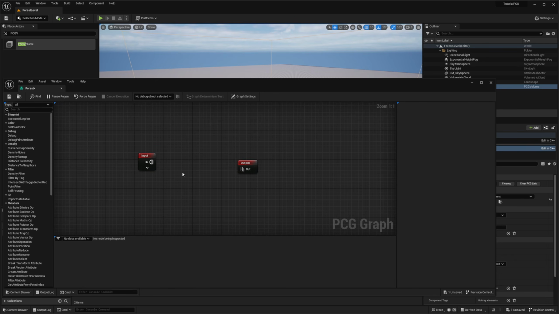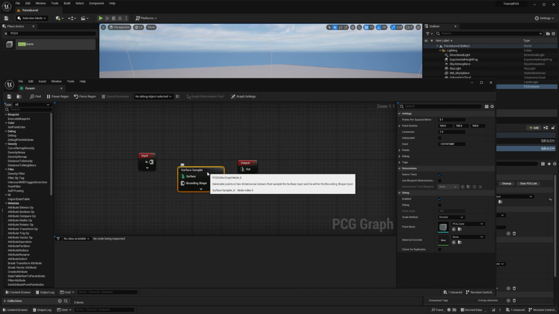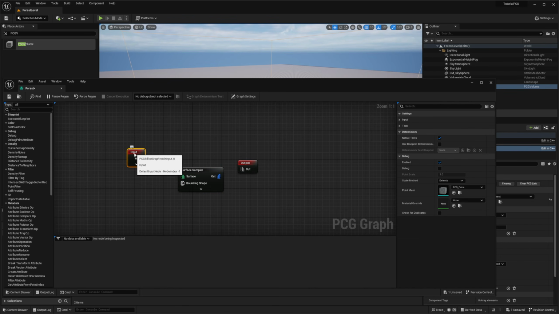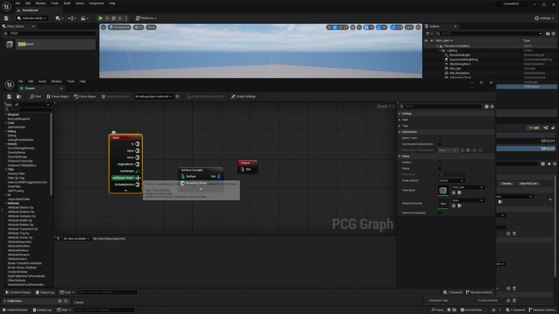To do so, we have a node called the surface sampler. You can start to write it, have the surface sampler. It will add you a new node. What we want is we want to be able to sample a surface. So take some point on one surface. So what we do is we want to go to the input, and you can find there multiple types of inputs. In our case, you have the landscape and landscape height. The landscape contains more information than just the height, but in our case, we only need the height. So we're just going to use that one. So just click and drag it into the surface.